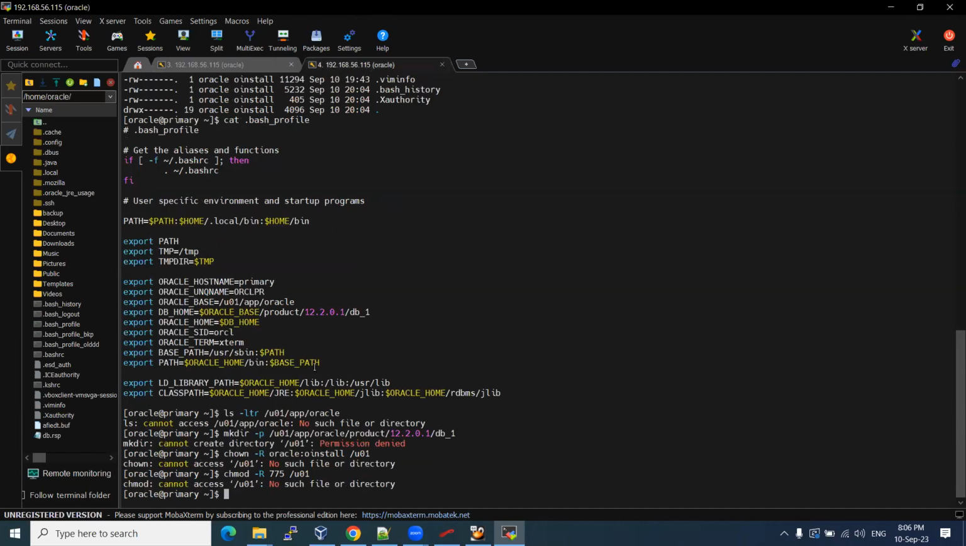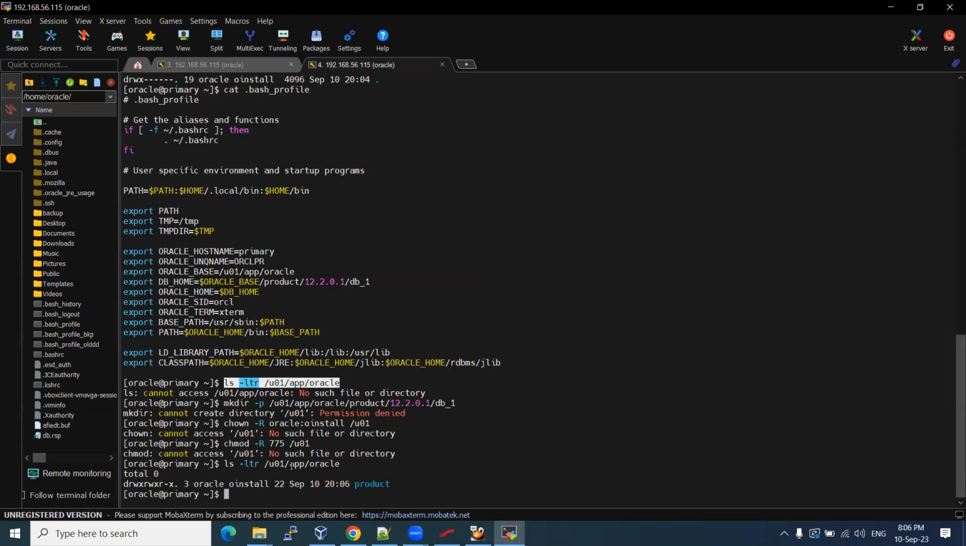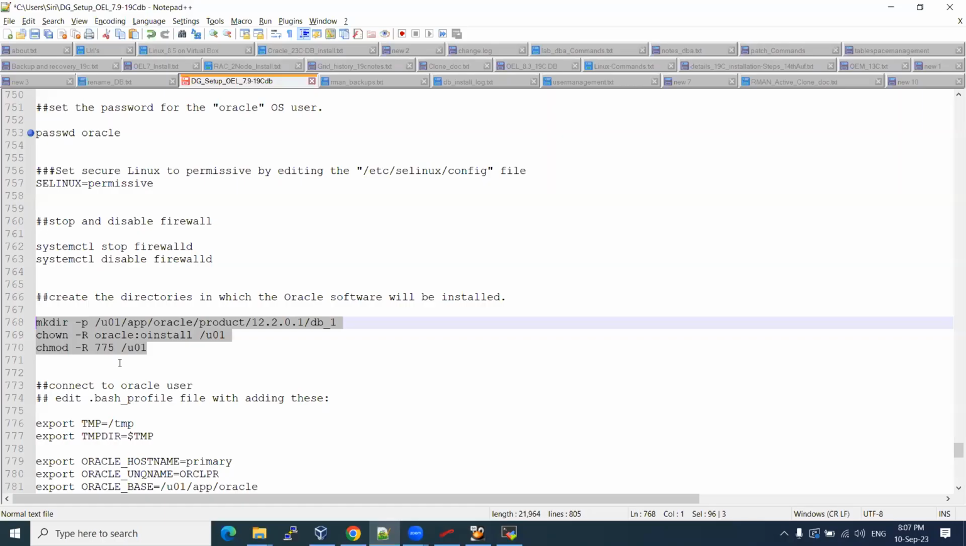Okay. Earlier I checked it, right? Nothing in this file. Let us check now. See here, under this path we have a product directory. So the directory structure has been created,